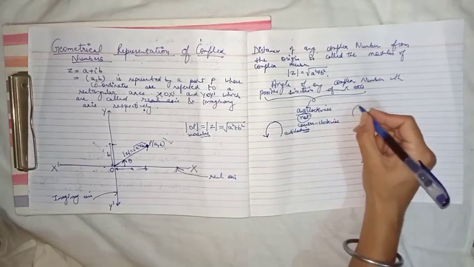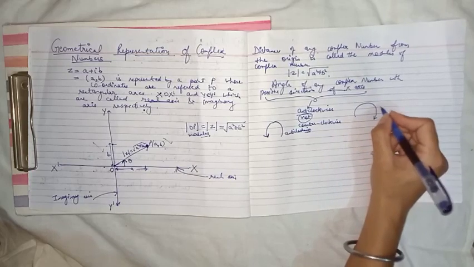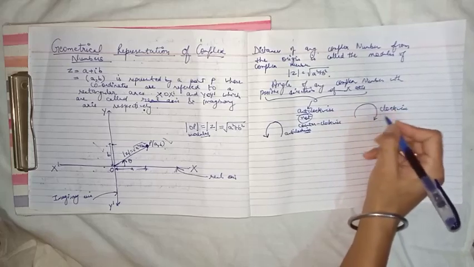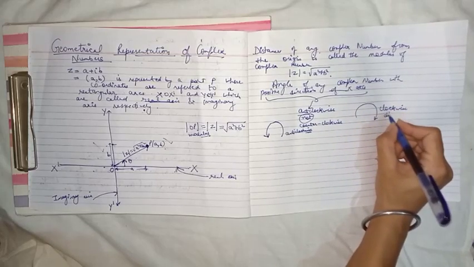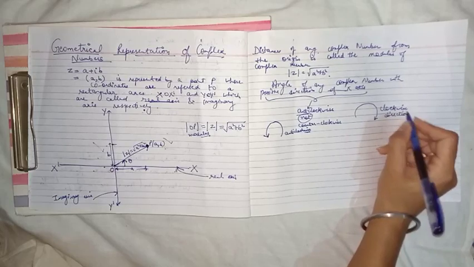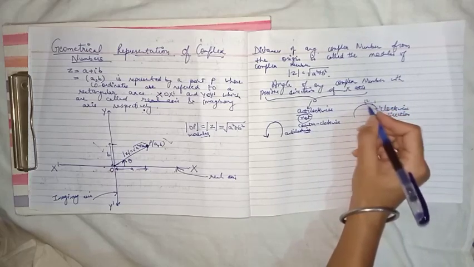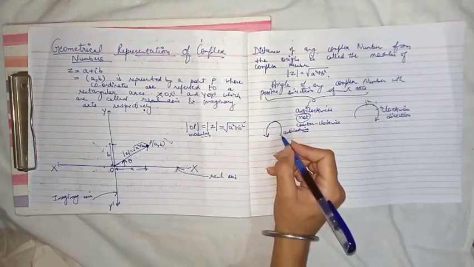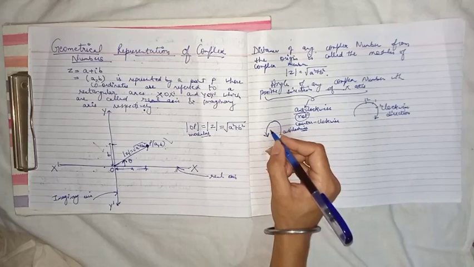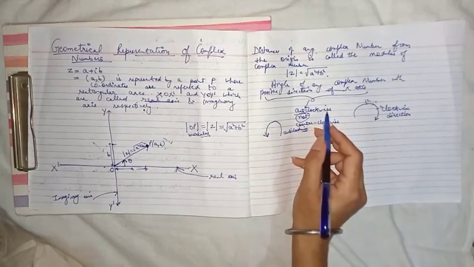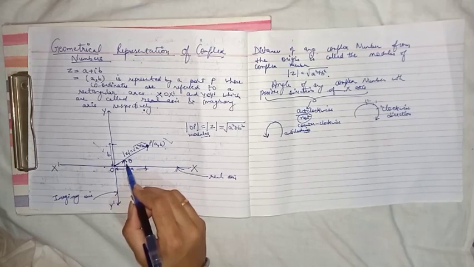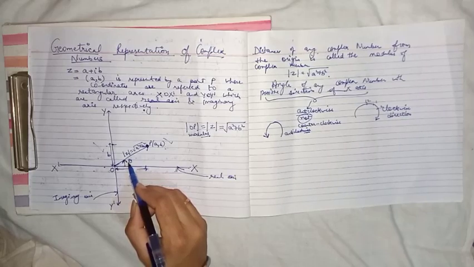And this direction is the clockwise direction because the hands of the clock follow this direction. 12, 1, 2, it moves like this, so it is clockwise direction. If it moves opposite to the clockwise direction, it is called anti-clockwise direction. So we will check the direction as anti-clockwise because in mathematics anti-clockwise direction is taken as positive direction.